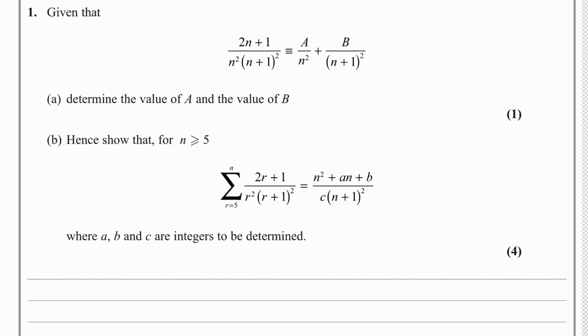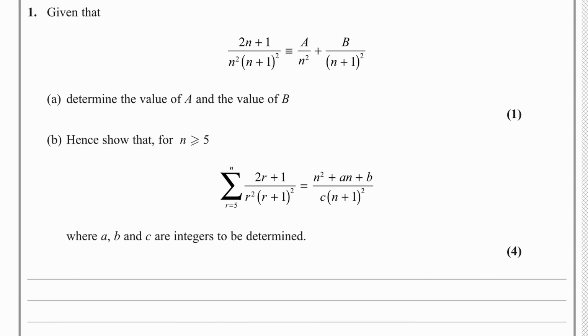Well, in this question, we're going to look at method of differences. In part A, we need to use partial fractions to show that this left-hand side is identical to the right-hand side. And then for part B, we need to use what we have here to evaluate the summation between r equals 5 to n. So if we begin with question A, using partial fractions with this, we'll multiply both sides